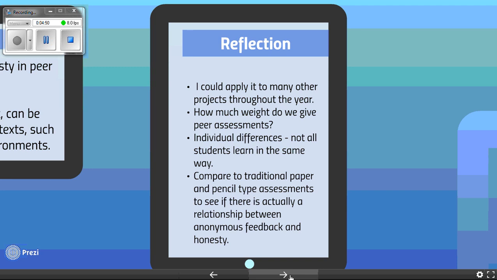What I didn't like about doing this type of evaluation is that it is a one-size-fits-all rubric, and while I think it's important to have standards, it doesn't really account for individual differences within my students. We all don't learn in the same way, and a lot of the students that do have